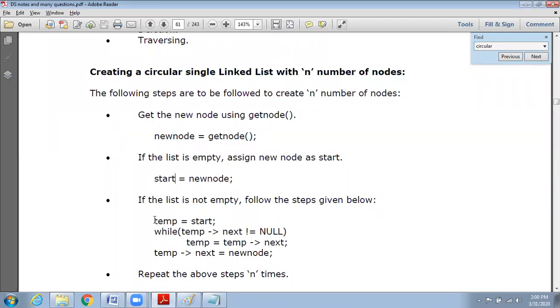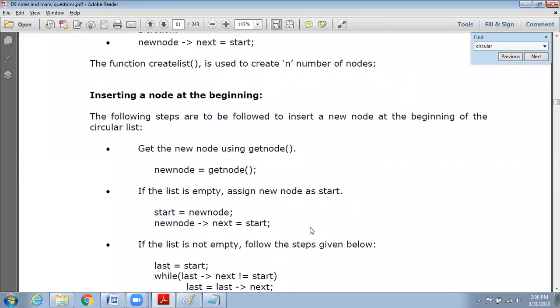And just listen, each and every time while appending to the end, it is the same as singly linked list. If you want to append to the end, first you have to reach the end. Then you have to make the connection. We'll see with one example so you will understand better.